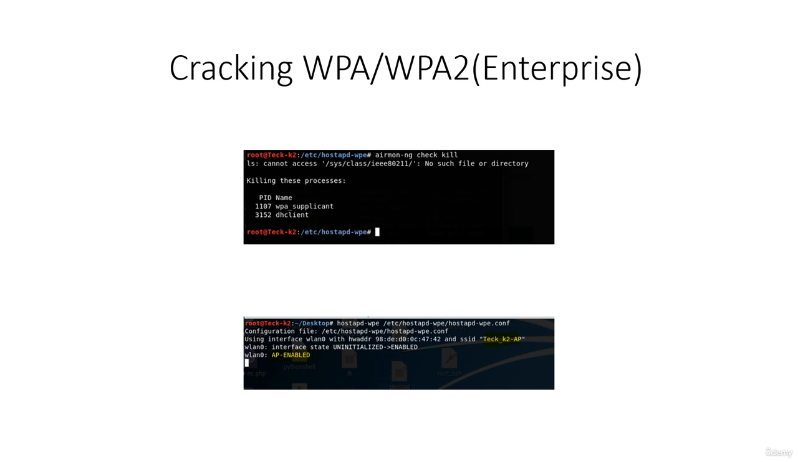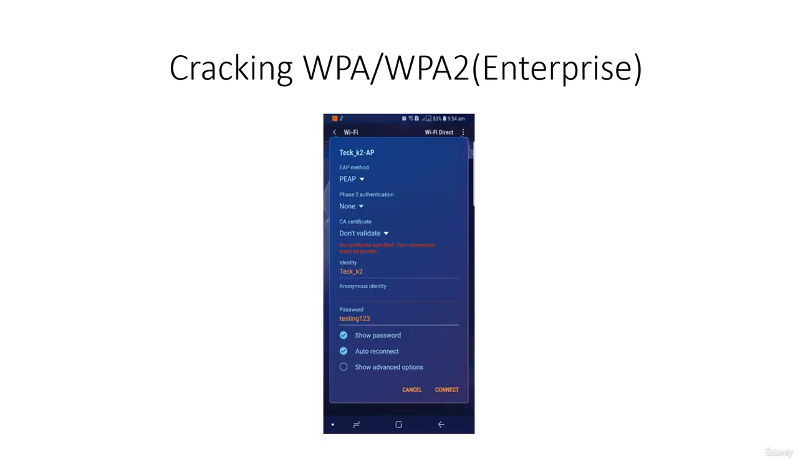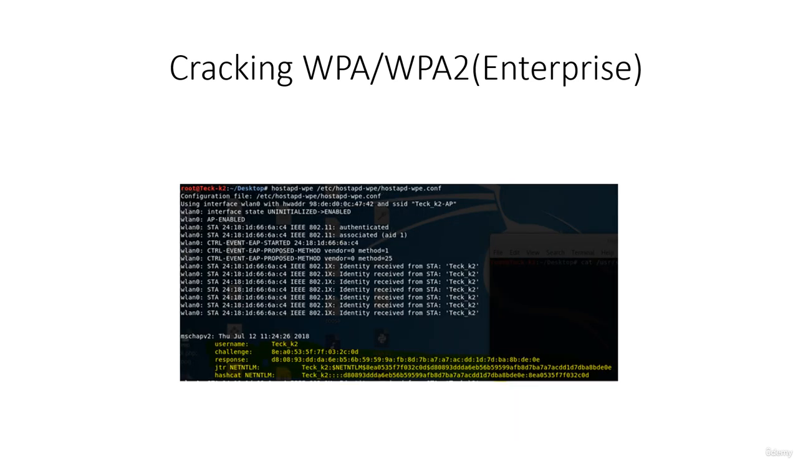Now we will mimic a target client and try to connect to our fake AP. Like this, in our phone we are going to target and connect to this fake AP. As you can see,